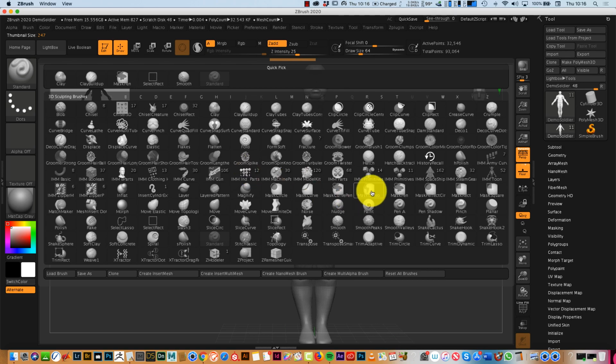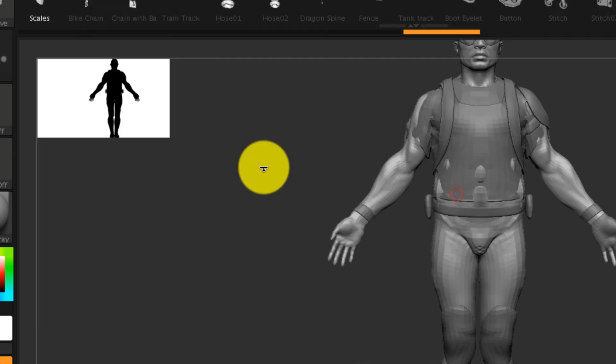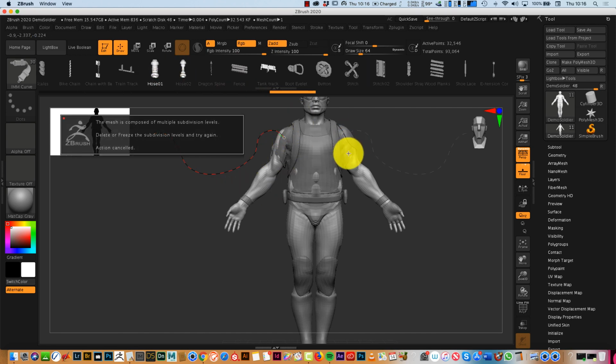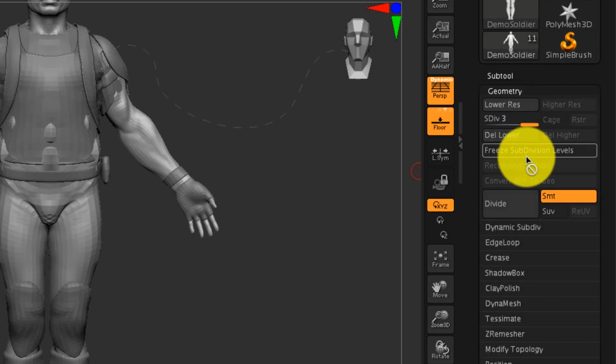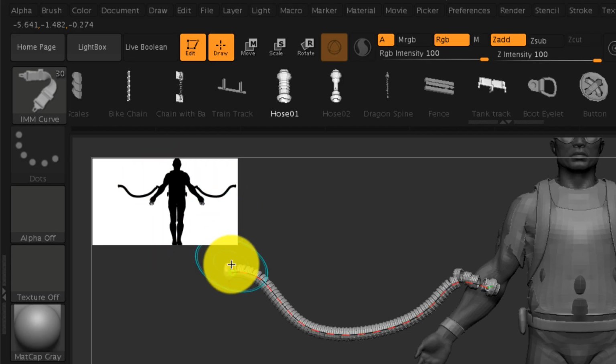So if I was to go back in and find one of our kind of wiring tools, or this tool which I love using, which is for creating hoses, this mesh multiple subdivision, delete or freeze. Okay, so that means go to geometry, delete my lower ones, and now you see in my silhouette window, I've created